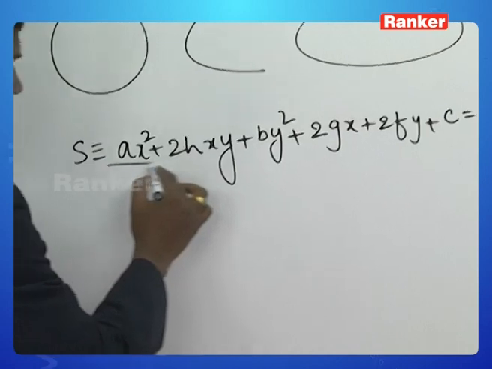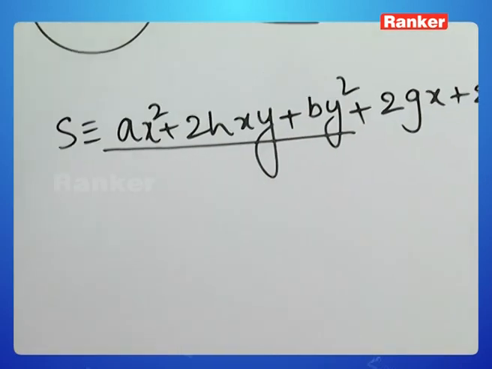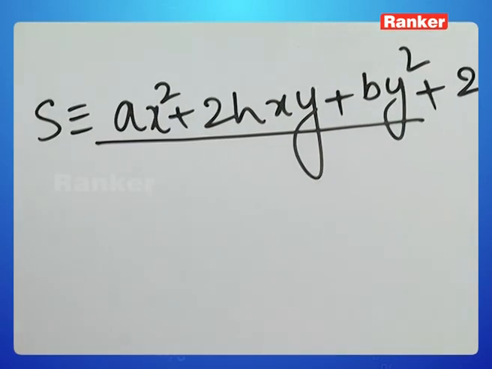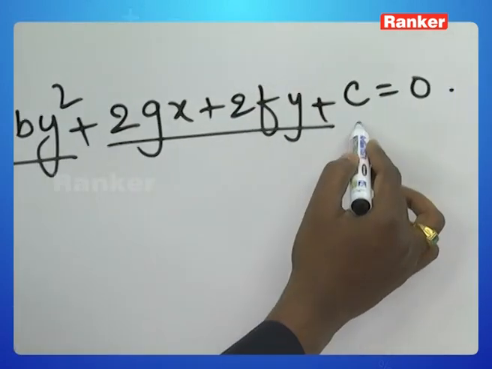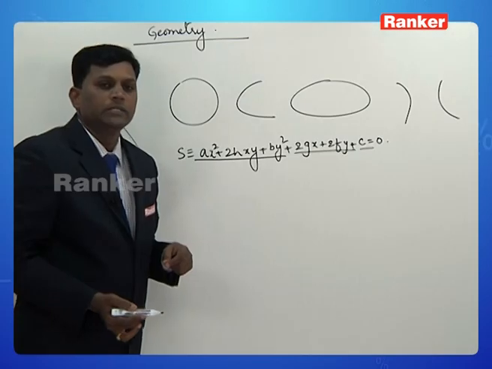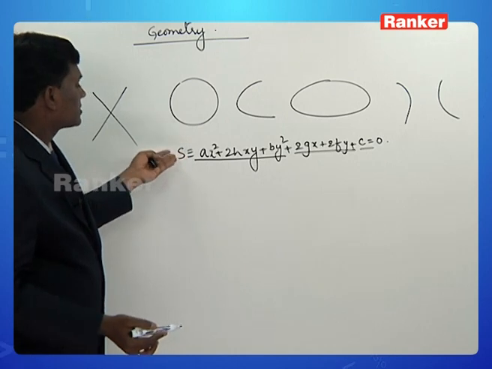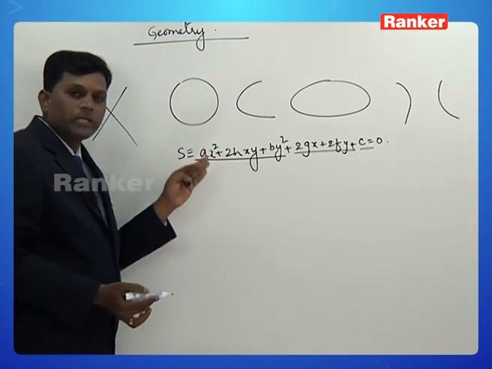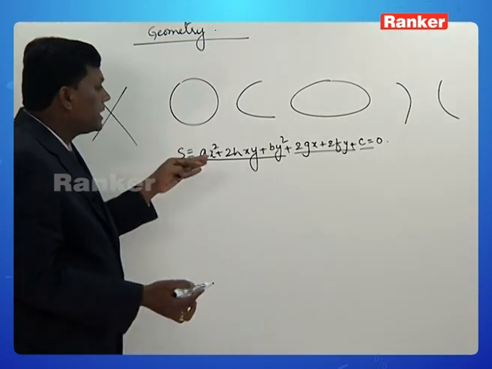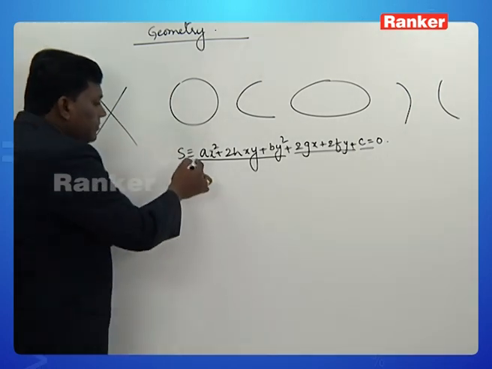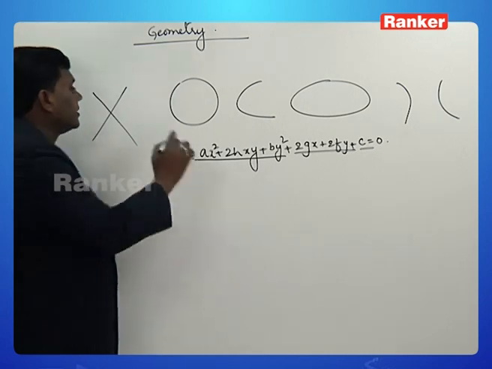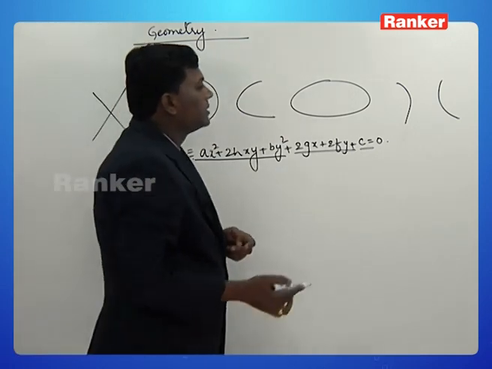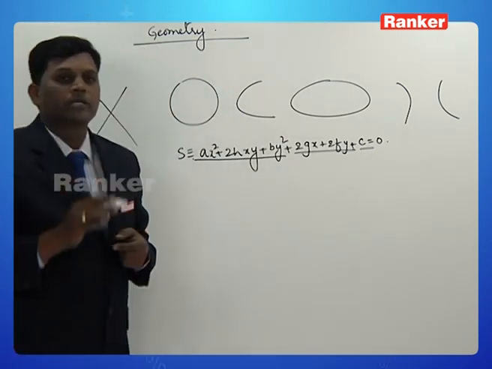Here these first three terms are the homogeneous part, which are second degree terms. These two are first degree terms and this is a constant term. So this is taken from now onwards as the common second degree non-homogeneous equation in x and y. Depending on various cases, the same equation will represent different conic sections, which we are going to derive chapter wise